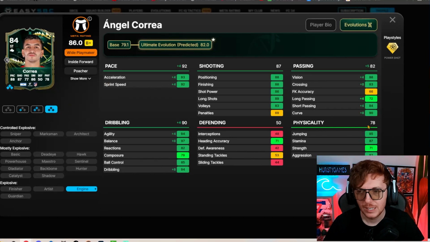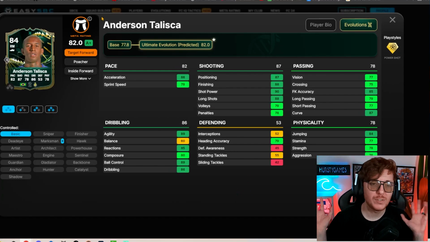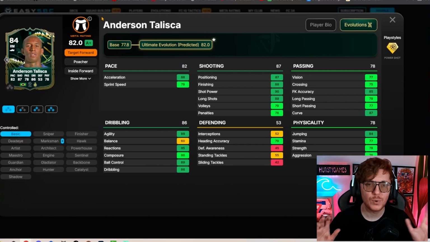They've been unreal. But that card looks amazing. I do my Evos a bit odd. I don't go for meta, but if you are somebody that's looking to get a nice meta squad, I think this is the play. Then we've got Talisca, bit of a weird one,